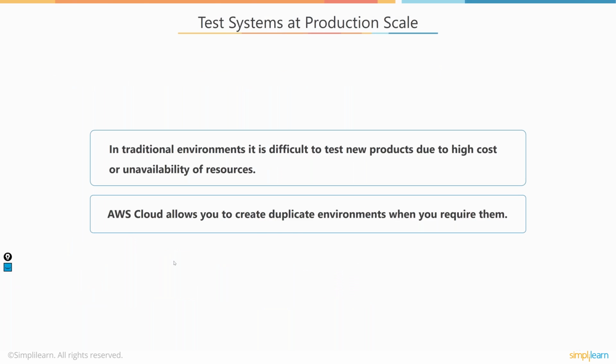So let's move to another one. We can test systems at production scale. Traditionally, in a non-cloud environment, it's very difficult to completely test new products or services in development, and the cost is really difficult to guess. Well, in this case, projects will go wrong as soon as production goes live due to inefficient testing, and that's very, very common. With the cloud, you can create duplicate environments on demand to test the new product. After completing the testing, you can then shut them